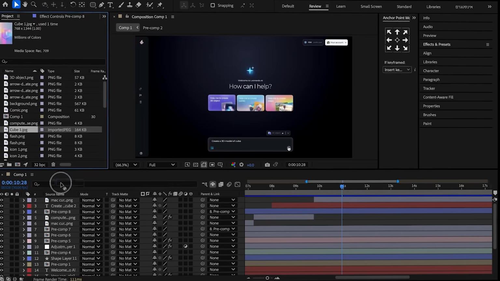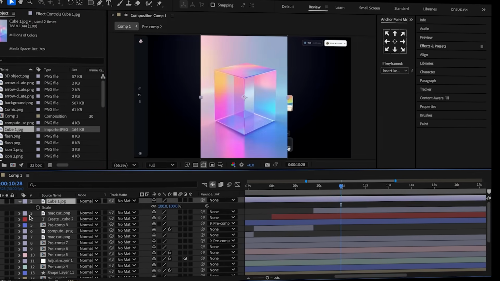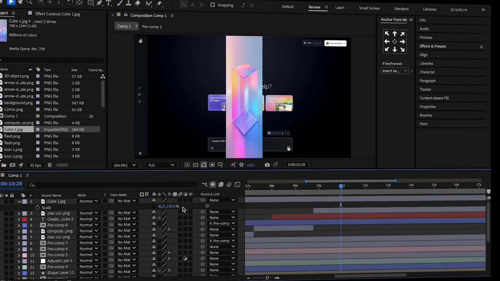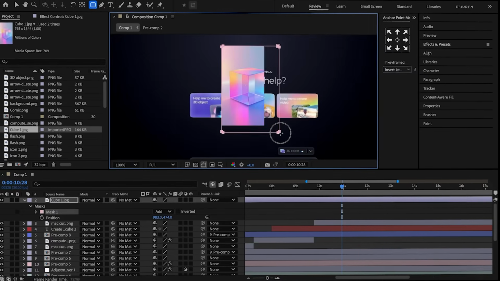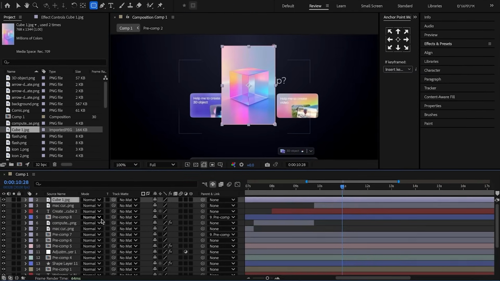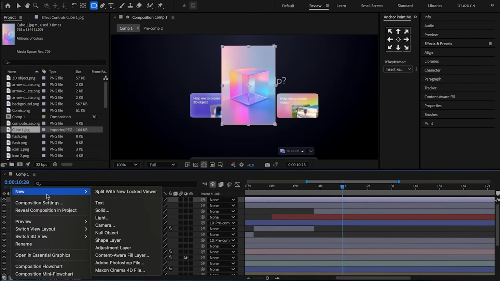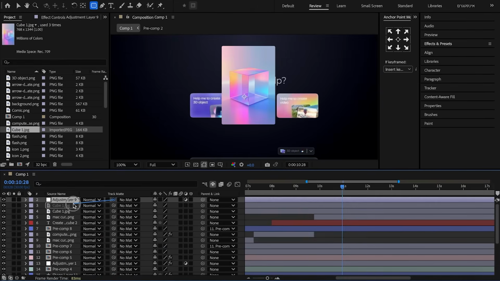Add the image of the first cube. In the scale, unlock the construct properties, change the width to 42 and the height to 35. Then re-enable construct properties. Position the image in the center of the screen. Create a rounded rectangle mask on the cube layer, duplicate the layer, add adjustment layer, parent it into the duplicate,